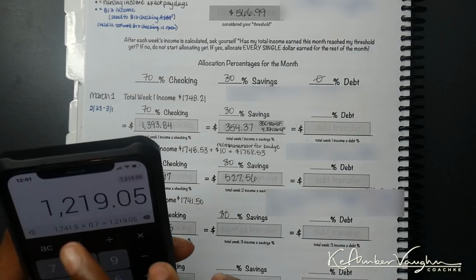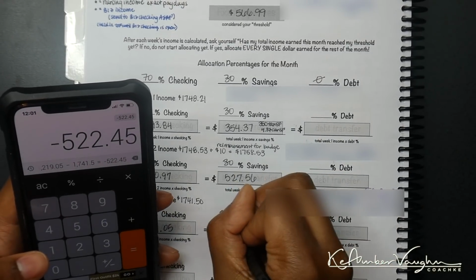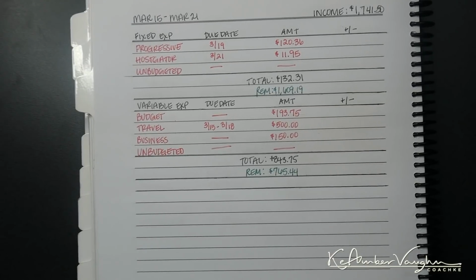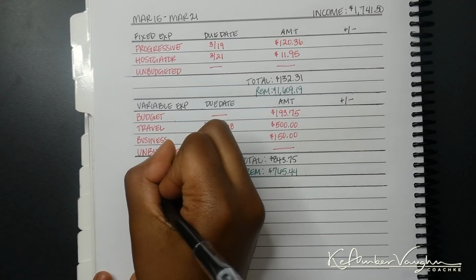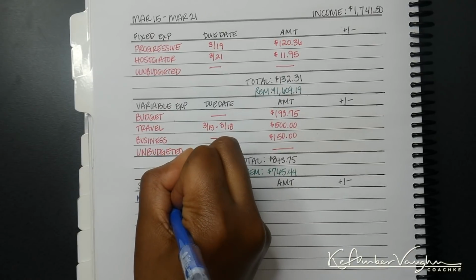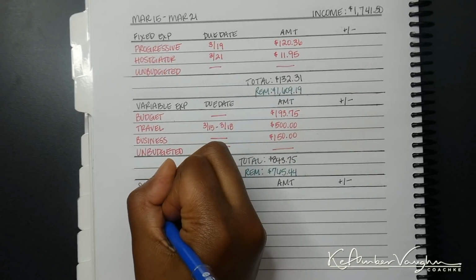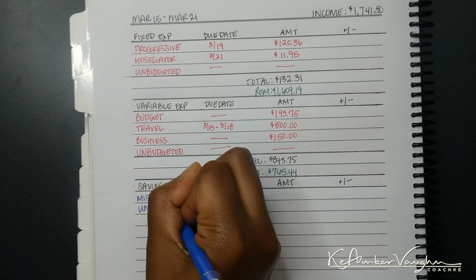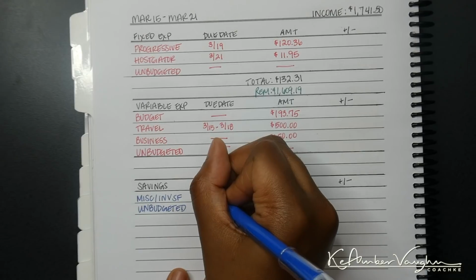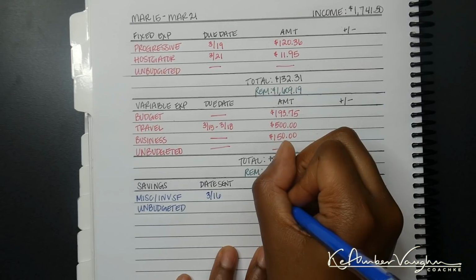So let's take this minus the $1741.50. So that leaves us with $522.45 that I sent to savings. So let's finish the budget out. So I sent this to my miscellaneous / investment sinking fund. I have taken a lot of money out of there this month, but you guys are going to see that in the April sinking funds update. So I actually sent this in the wee hours of this morning, the 16th. And again, it was